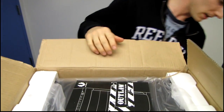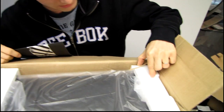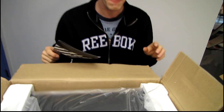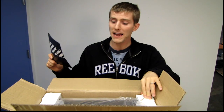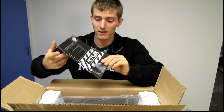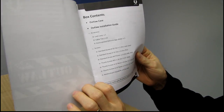Now, this package went through hell and back to reach me. You can clearly see that the packing materials are broken, but remember, broken packing materials is fine. Broken case, bad. So we're going to find out if the broken packing materials were able to absorb enough impact to protect the case inside. So here is the quick installation guide, which tells you how to...